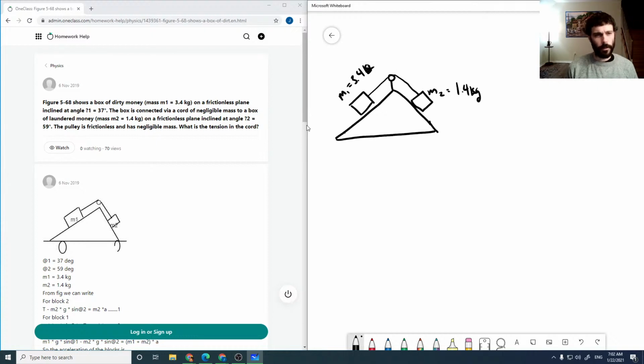So this angle in here is 37 degrees, and this angle in here is 59 degrees. And it wants to know what the tension is in the string. So to start off, I'm going to draw a free body diagram for our M1. And so we've got our mg and our tension, and then a normal force to the